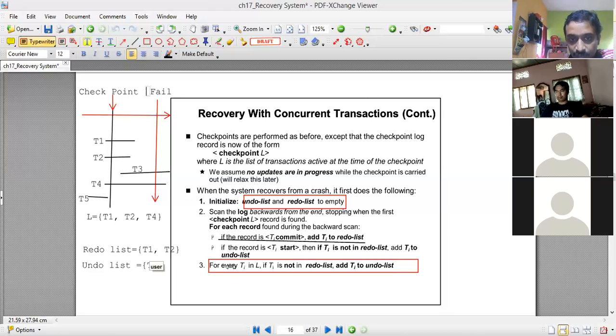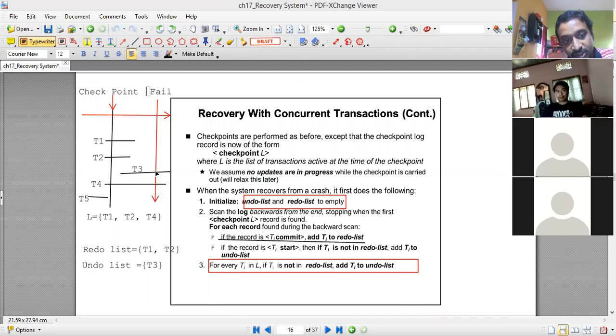Now, if by scanning backward we find some transactions having the Ti start statement but not in the redo list, which was already built in the previous step, then those transactions will be added into the undo list.